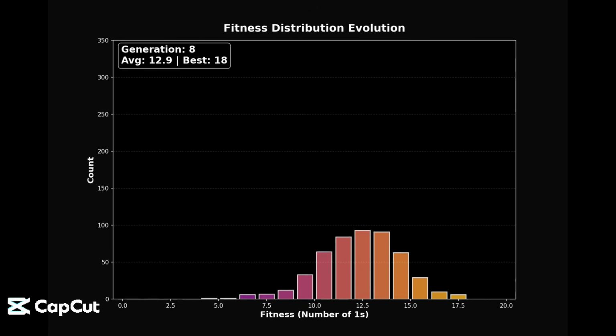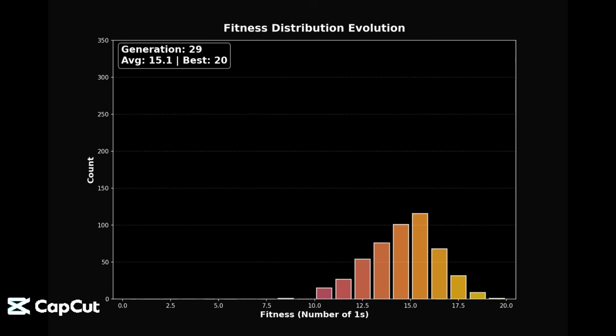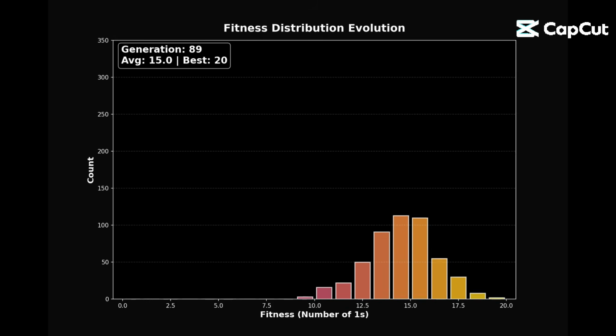As generations pass, watch the entire distribution shift right. The bars move toward higher fitness. What started as a symmetric spread becomes increasingly skewed. By generation 100 to 150, the distribution is bunched up at 18, 19, 20. Almost no one is below 15 anymore. The bell curve didn't just shift, it collapsed toward optimality. This is evolution in statistical form, transforming a random distribution into a concentrated spike of high performers, from scattered mediocrity